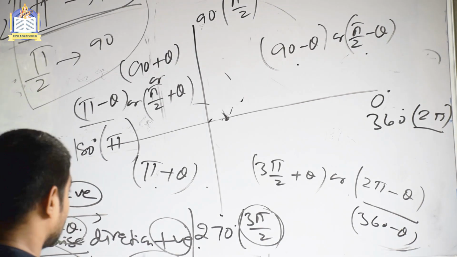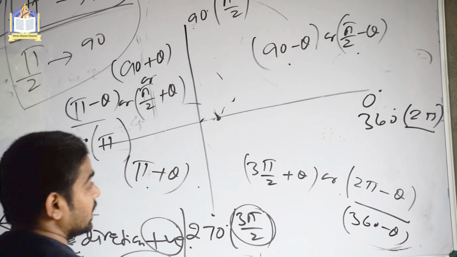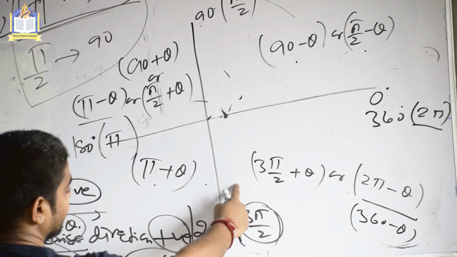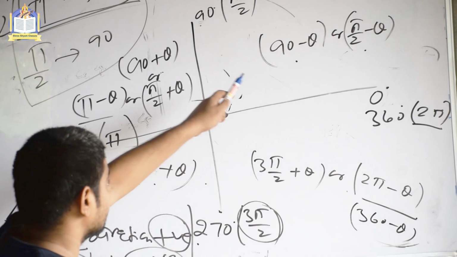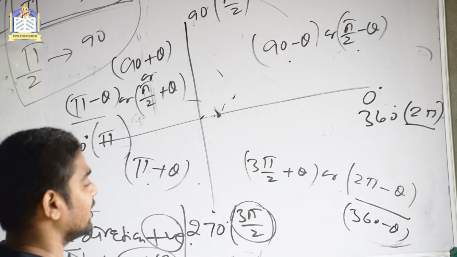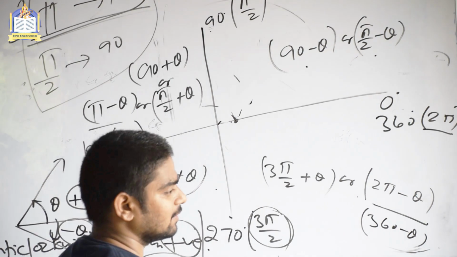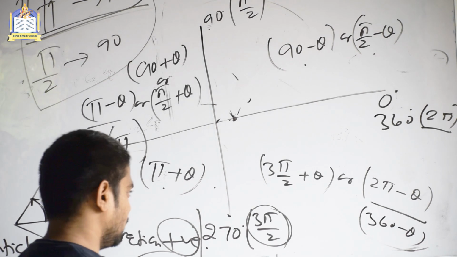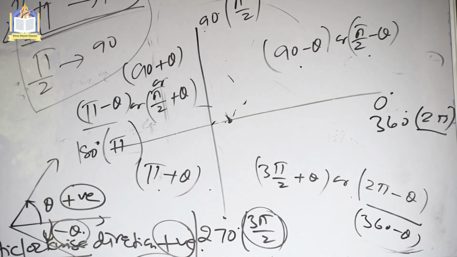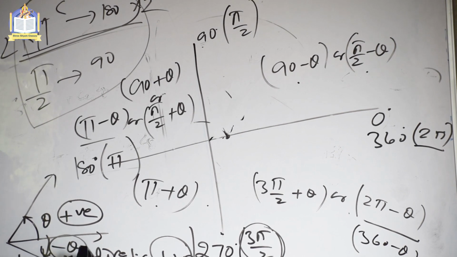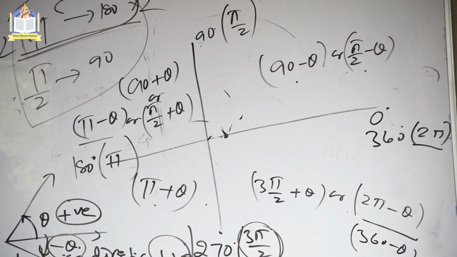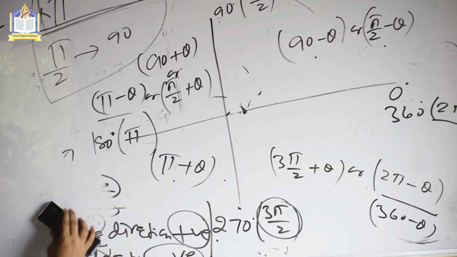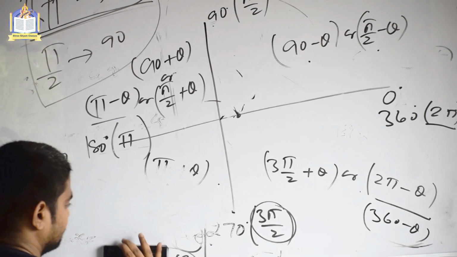Now using this concept, we shall be finding the trigonometric value of 270 degree, 300 degree, 500 degree, any degree. Either it is 360 degree, 270 degree, 500 or 600, anything. So let's get started. This is very important. In anti-clockwise direction, theta is taken to be positive, and in clockwise direction, theta is taken to be negative. So now let's talk about sine 90 plus theta.